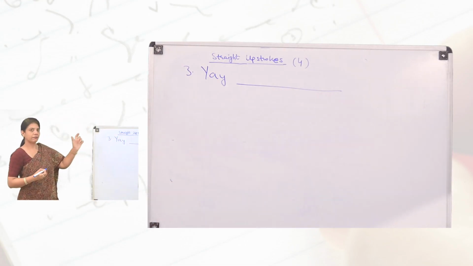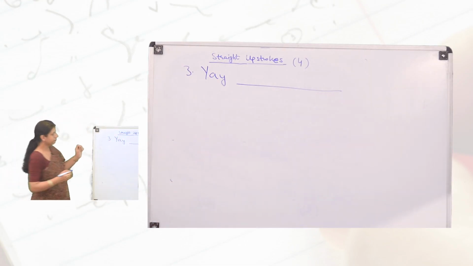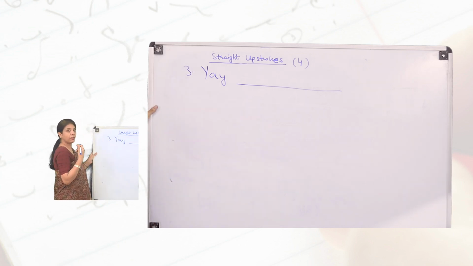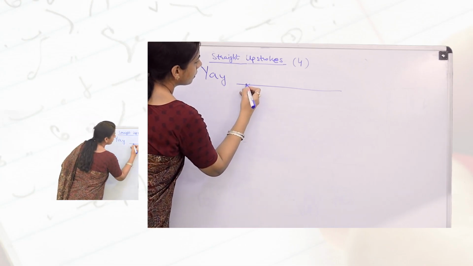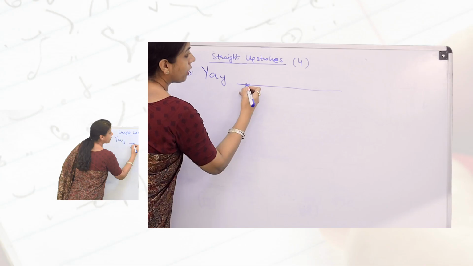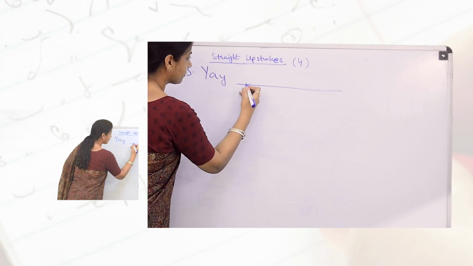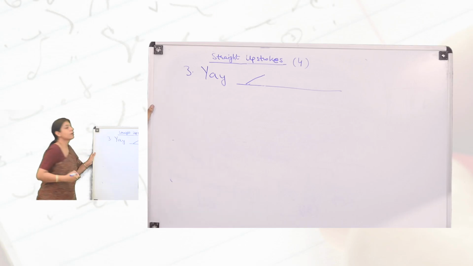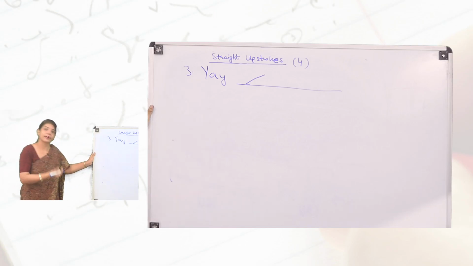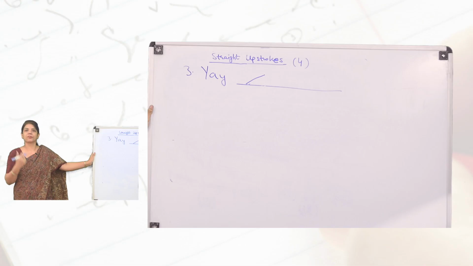Now this is slightly complicated. Please look on the board very carefully at how I am making an outline for this particular consonant. Now a small curl on the right hand side of the line, pause. Why pause? To get a straight line, as it is a straight upstroke. So we need to form it with the help of a straight line.